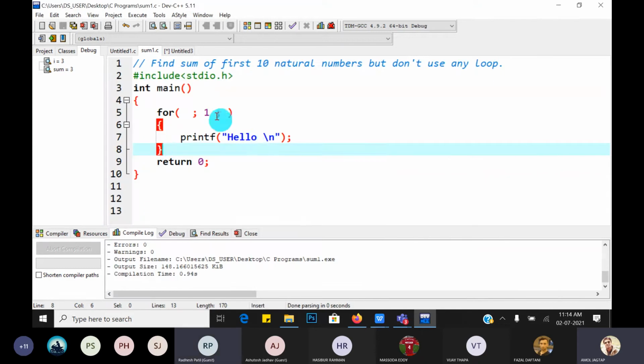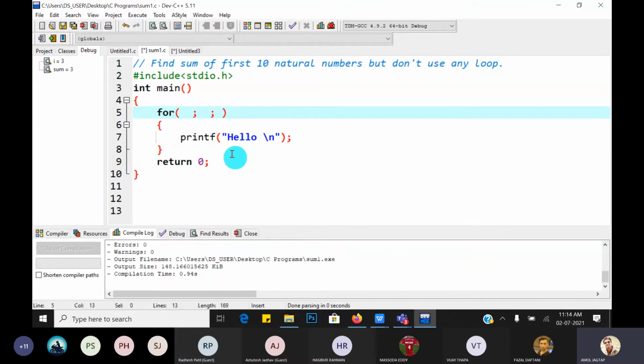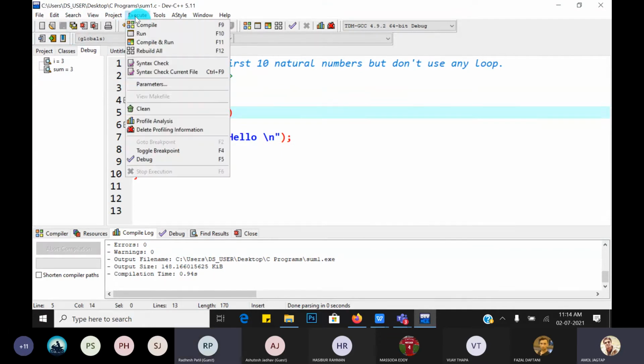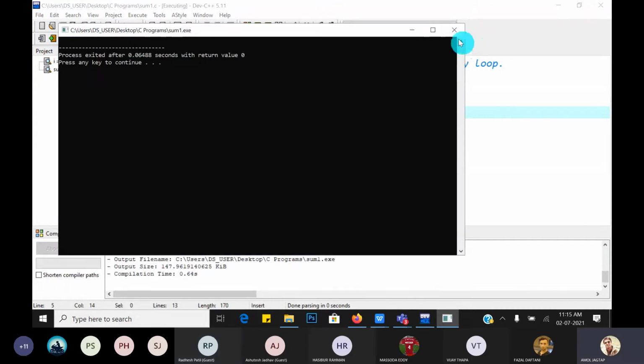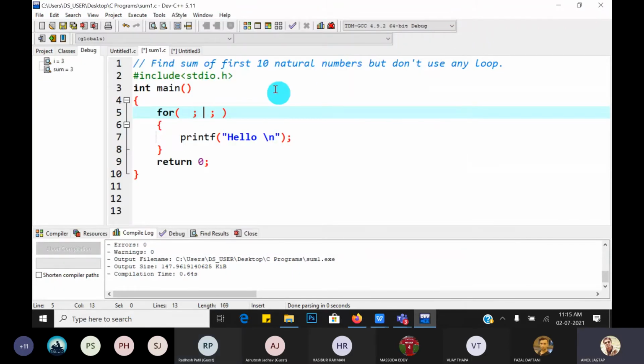Yes, correct. Now my question is, if you write 0, then what is the output? Nothing will print on the text mode window. Yes, great. It is similar to the previous one. Now 0 means nothing gets displayed, and any non-zero value, say minus 78, what gets displayed on the console? Infinite time display, sir. Hello.